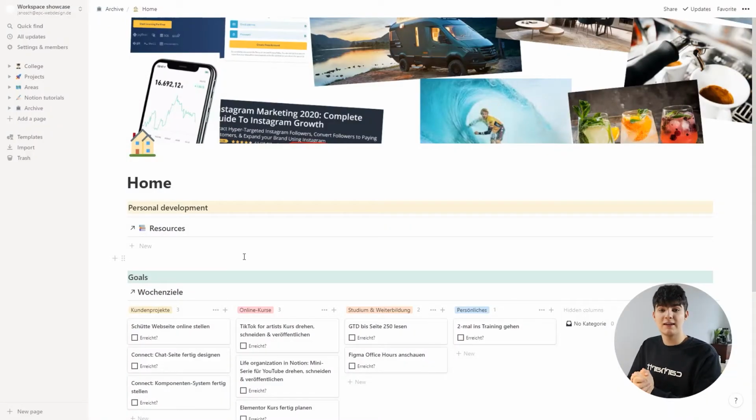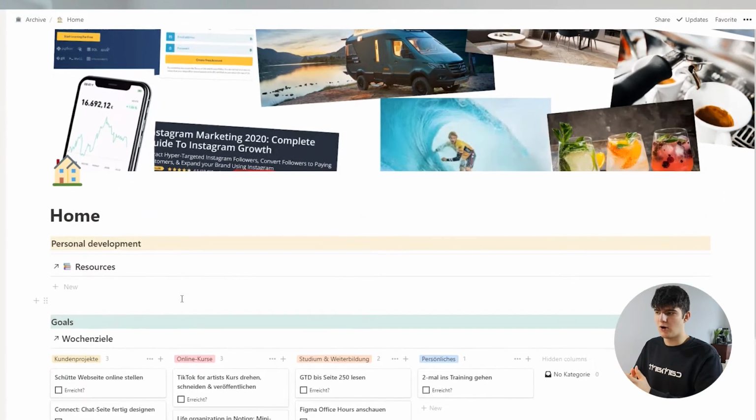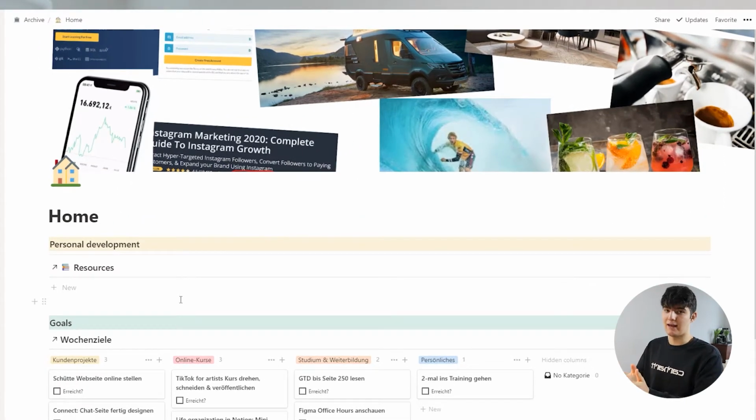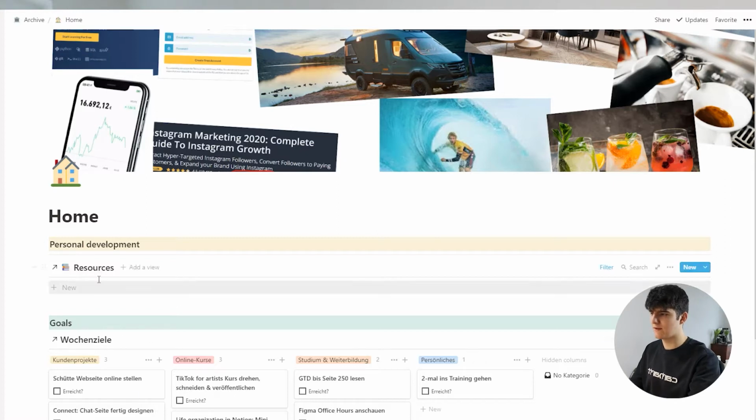Alright, so what you see here is my Notion homepage, how it looked a couple of weeks back. What I pretty much had on it was just a personal development database view and my goals for the week. Because I didn't really know what I was doing. I didn't really know what I was going to do with this homepage and how I could make it more